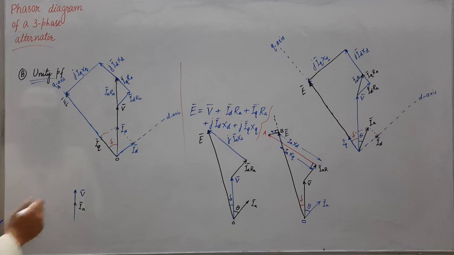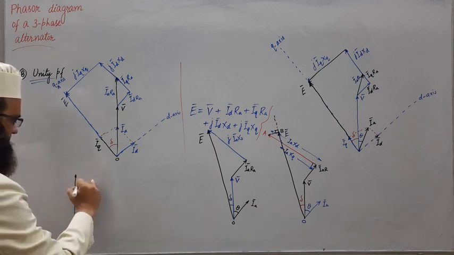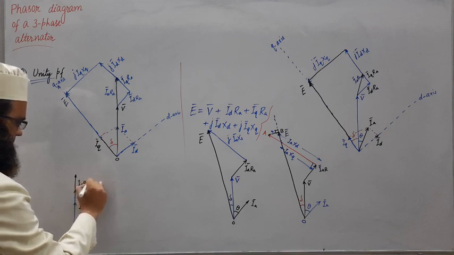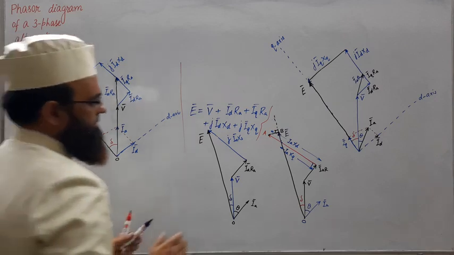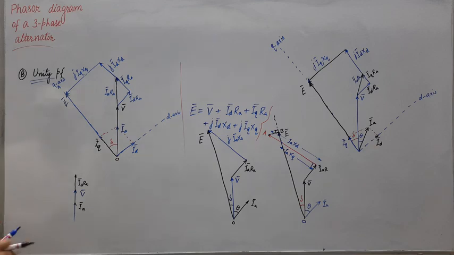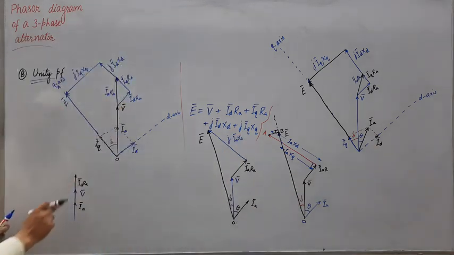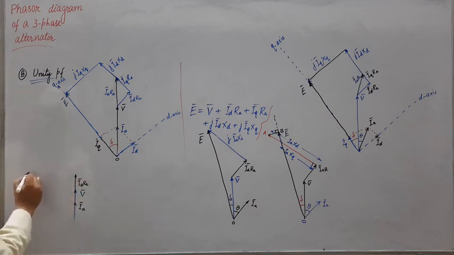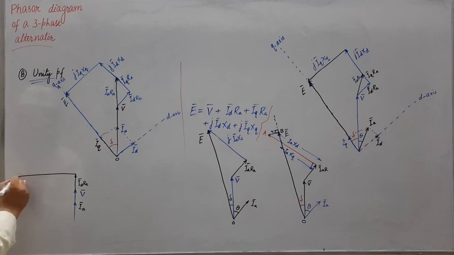From here, we will draw IARA drop, as we did in this case, IARA drop. Now, the same procedure, draw IAXD perpendicular to this. So, draw IAXD perpendicular to this. Let this meet